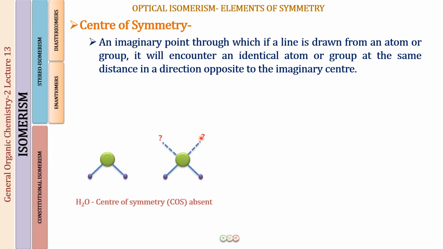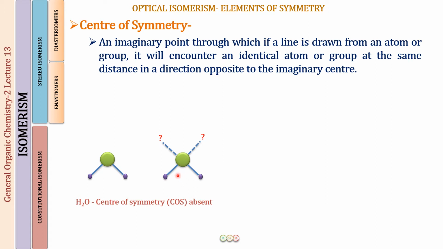So in this, what do I find is that there is no center of symmetry present, because wherever I may start, for example, if I start from this hydrogen atom as the center of symmetry, fine, I should encounter an oxygen atom on the other side. If I move this way I encounter a hydrogen, so the opposite way I should be able to encounter a hydrogen. I am not able to do that if I put a center of symmetry at this point.